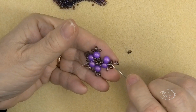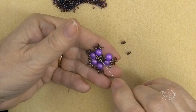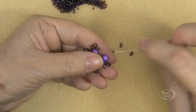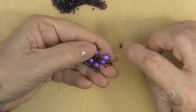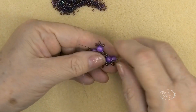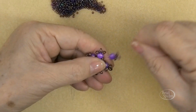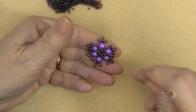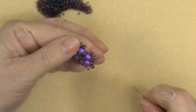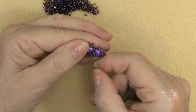I'm just about to put in my last candy bead. I've threaded on the candy. It's sitting between the 2 twins. This is the first twin where I started. I've got the 3 twin beads on the line. I'm going down through here, through the first twin, and then I'm going to pull it all up and make sure that it's all sitting nice and firmly and that all of my candies have got the dome upward before I continue. Then I'm going to take my needle up through the candy bead